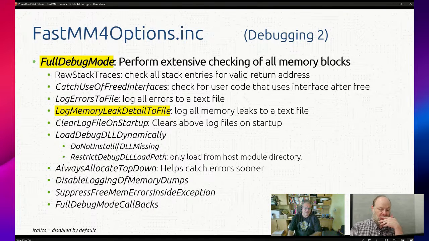One thing you have to keep in mind with full debug mode is that it will never return memory to Windows. In normal use, when you allocate and release lots of memory, it goes back to the operating system. In full debug mode, FastMM keeps everything it got from Windows under its control all the time.